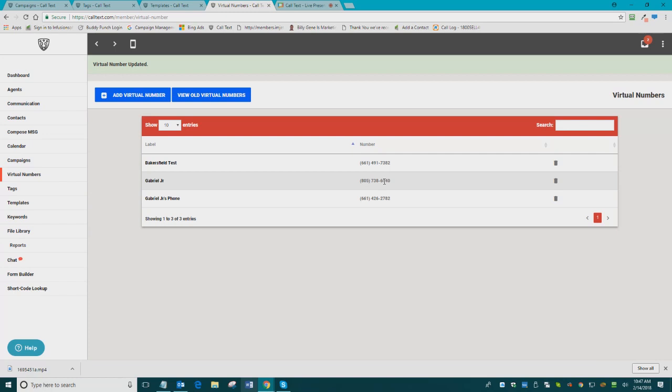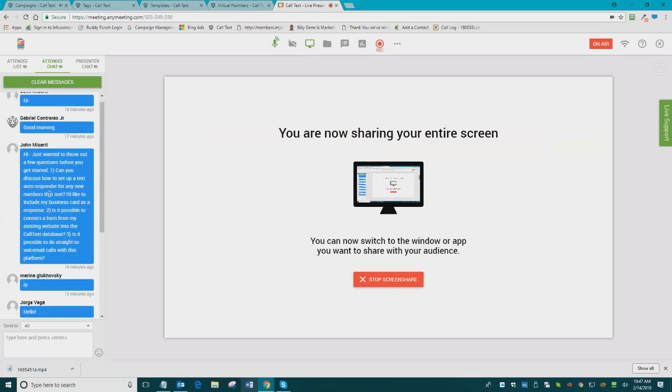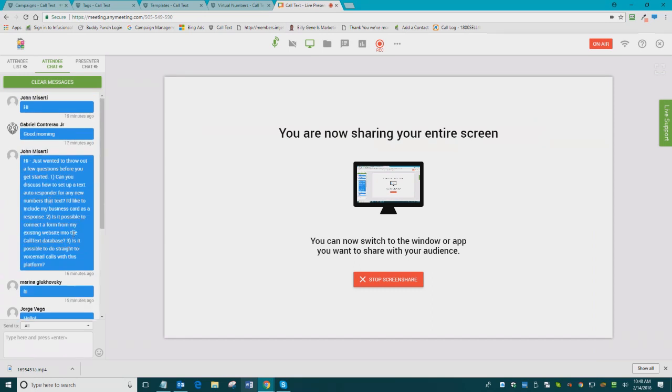And then after it applies that tag, I told the system to go ahead and send them a message with my business card. It was an image, but that's just an example, we can always put in whatever we want. Okay, so that's how we would set up that automated message to go out. Then the next question is,